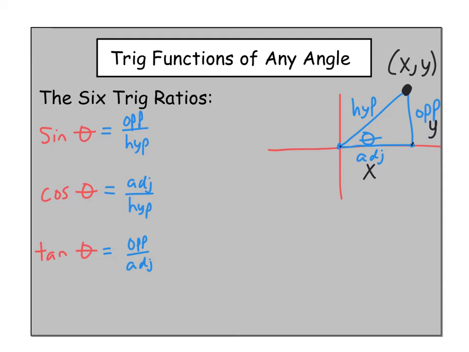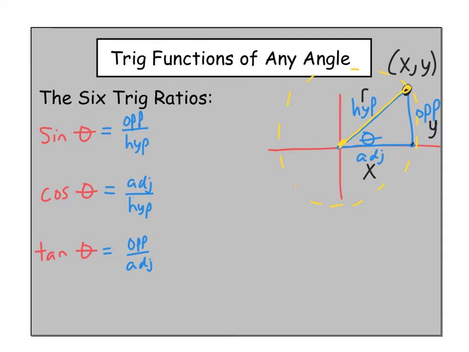And then what we're going to do is call the hypotenuse r. The reason for that is it's basically the radius of a circle. If you think about the unit circle, or just any circle, going around like this, the hypotenuse will always end up being from the center of the circle to the edge of the circle. It'll just be whatever the radius of the circle is. Okay, so thinking of things that way,